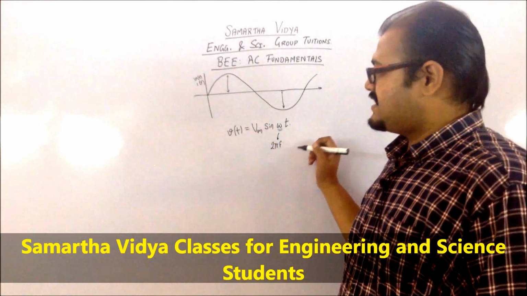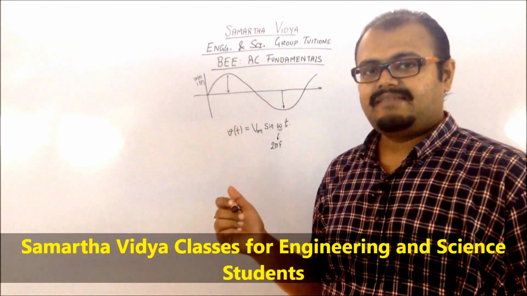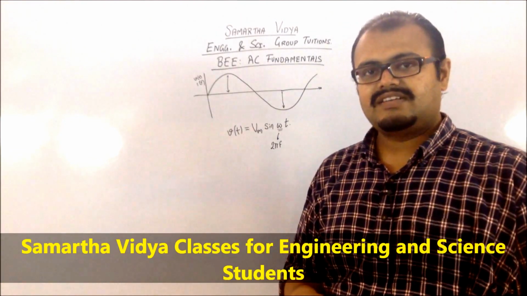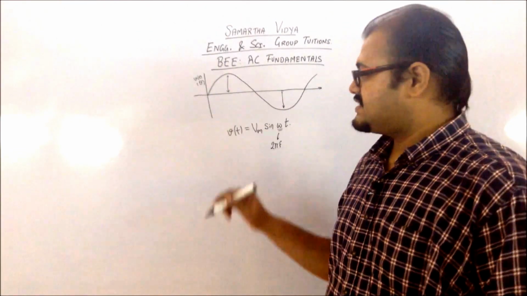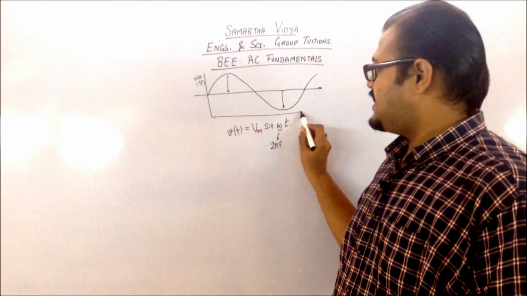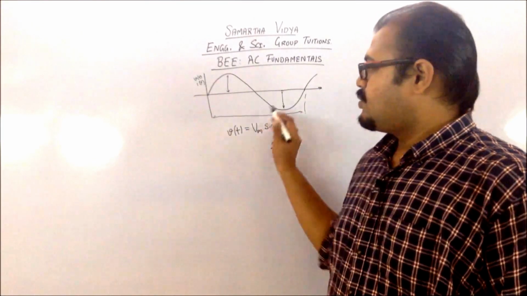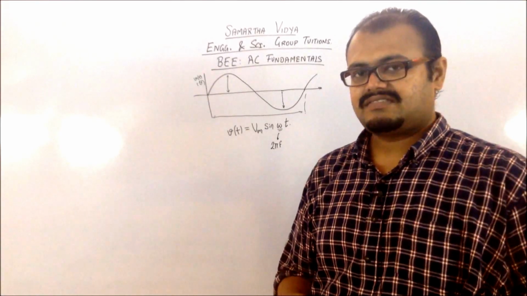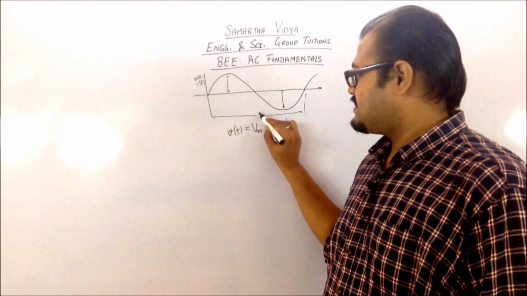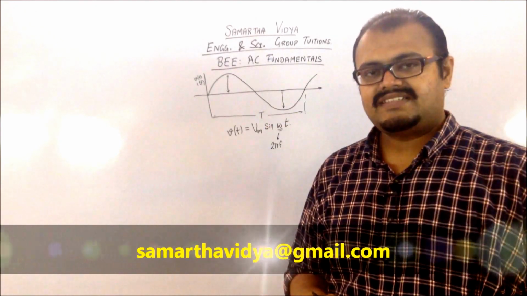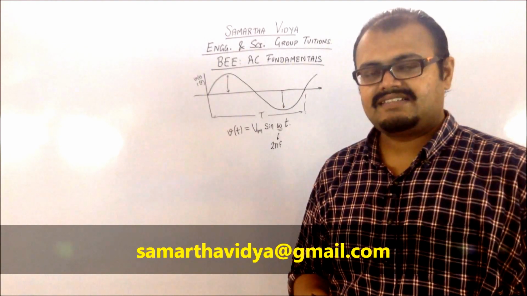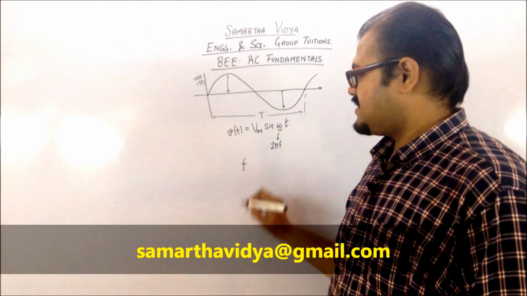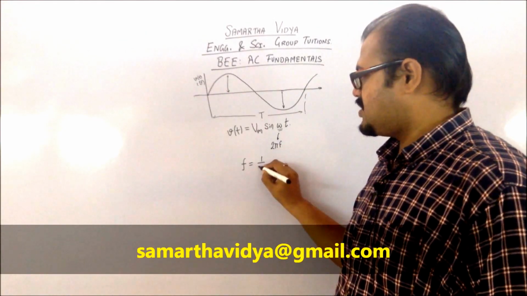Now, once you understand the cycle, then you have to understand what is called the time period. So time period is the amount of time which is required for the repetition of the cycle. So in this case, the time period will be this entire time which is taken for this particular waveform to repeat itself. It is generally denoted by a capital T. The next definition is your frequency, which is nothing but the number of cycles which are repeated per second. The formula for your frequency, that is given by f, is given by 1 upon T.